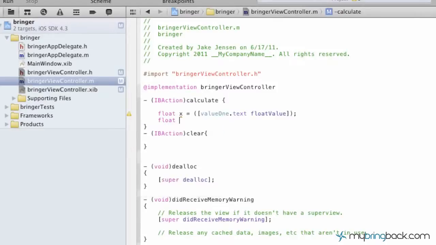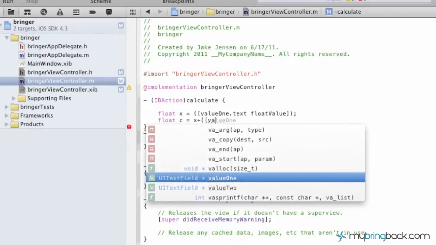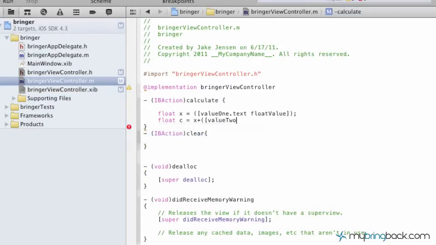Now we're going to establish another variable, let's just say c. We want x to sum with, or add with, value 2, and give it a float value. So basically what we're saying is float c is going to be equivalent to x, being value 1, plus the value 2 text